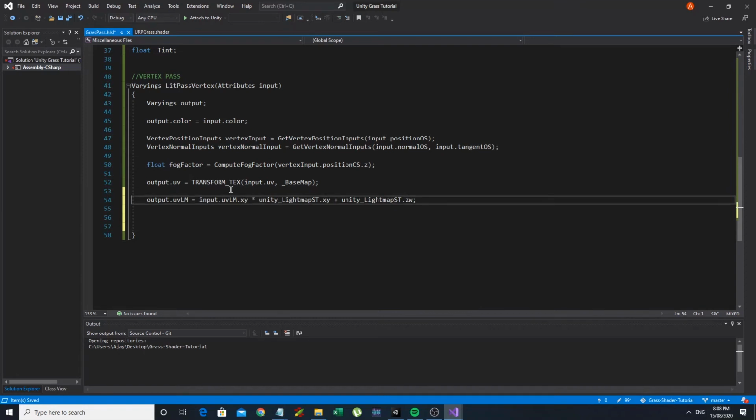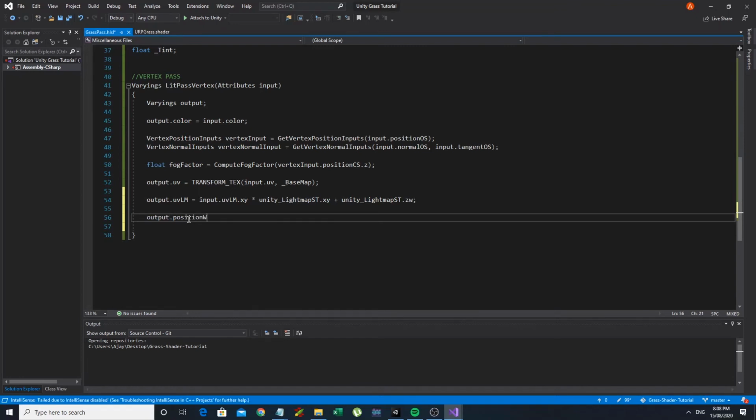So just copy that down, and if you want to do further research into that or explain how that actually works or what it's doing, please tell me. Yeah, actually no, I'm not even going to try to explain it because I'm not actually too sure. But the next thing we want to do is set the position WS and fog factor,